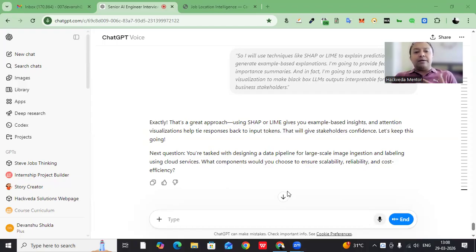I will be managing labeling services or crowdsourcing tools. In fact, we will be using message queues for reliability, cost-effective auto scaling, and constant monitoring to ensure efficiency. So that is what we are going to use.